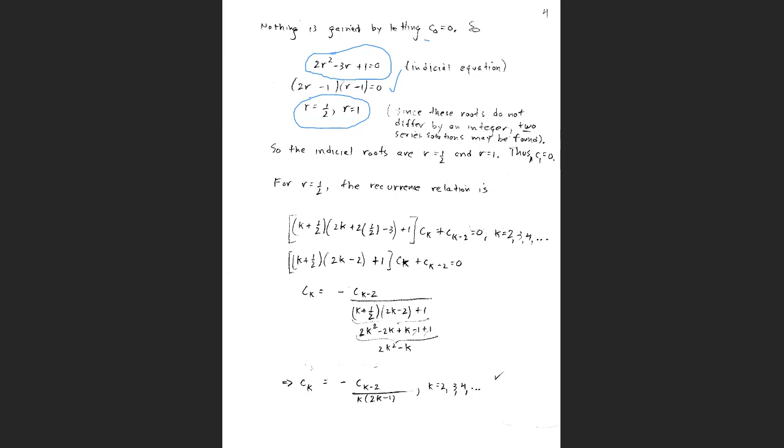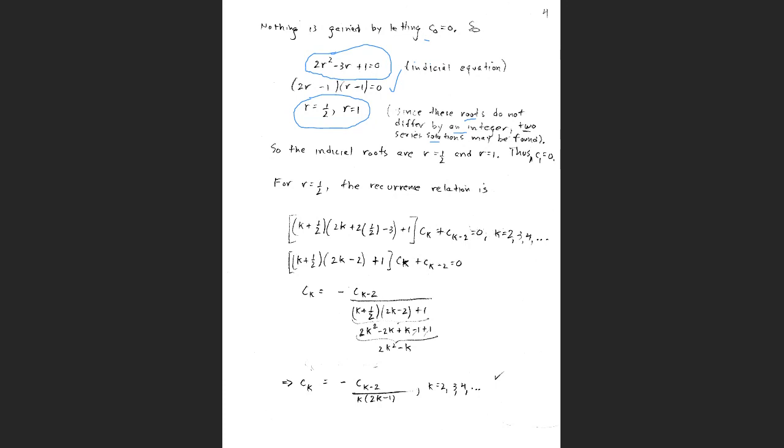Now, the roots do not differ by an integer. r equals 1 and r equals 1/2 differ by a fraction. So that means that two power series solutions may be found based on the theory. If the difference between the two roots